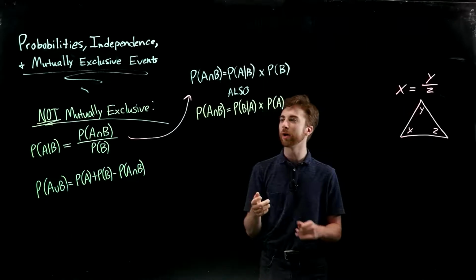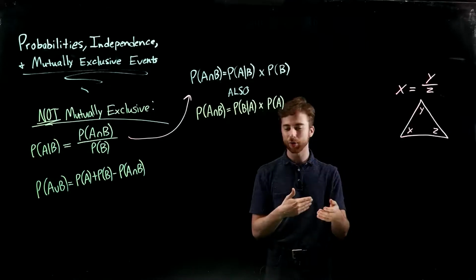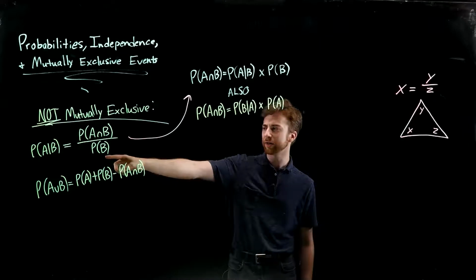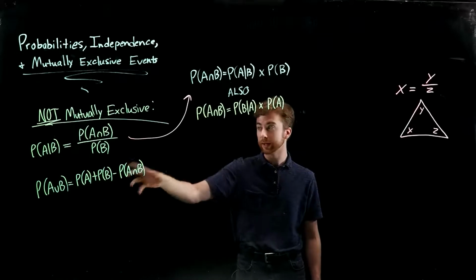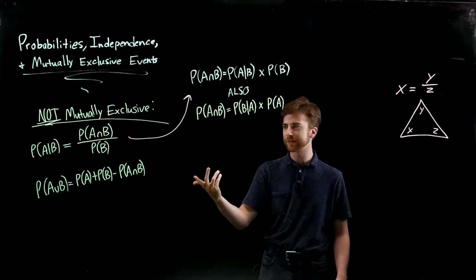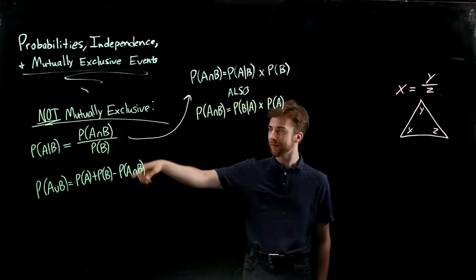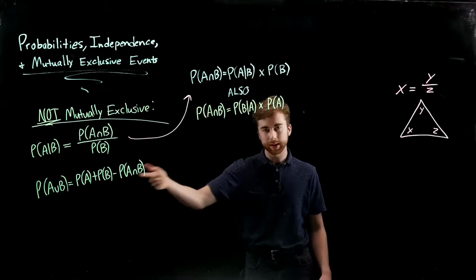Something I want to point out is that when we're first getting into these problems, we have a lot of questions that will ask us, not necessarily for P of A given B or P of A or B. We might know that these events are not mutually exclusive, and yet we'll be asked for something like P of A and B, and we go, we don't have a formula for that. What are we supposed to do? All we have is P of A given B and P of A or B. Well,